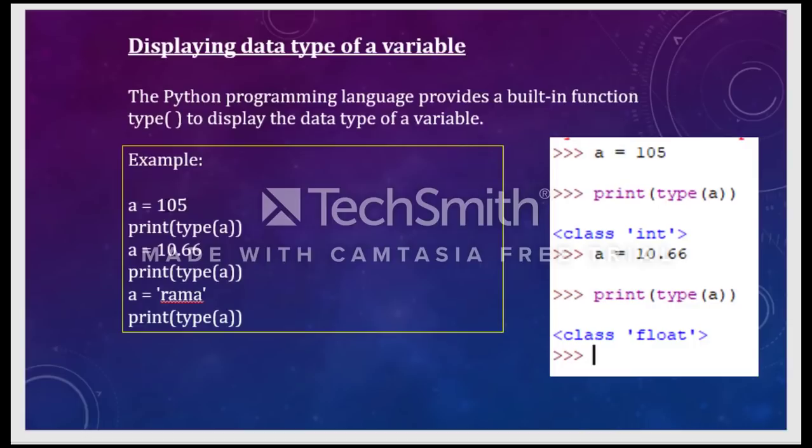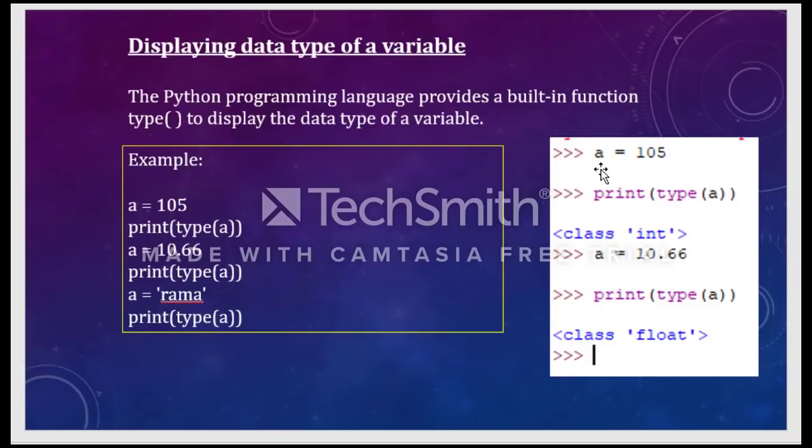By seeing that, I can say that a is of type integer. But if you want to know the type of that variable specifically, you should write the statement print type of a. In brackets, you write type of a, and it will be displayed as class int.